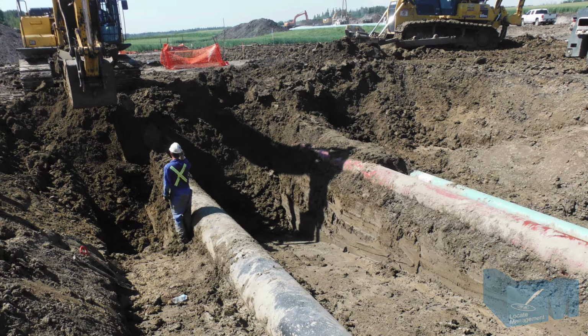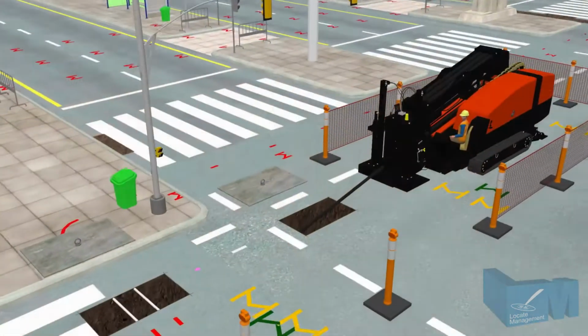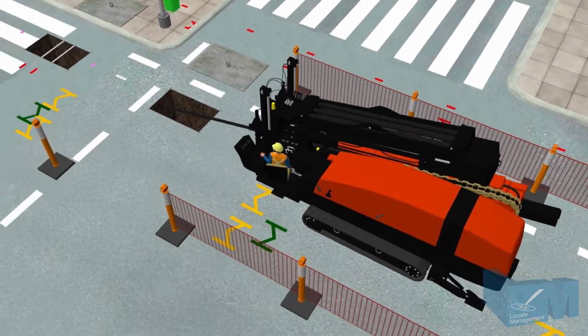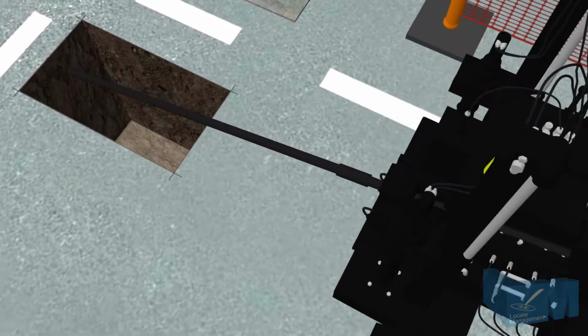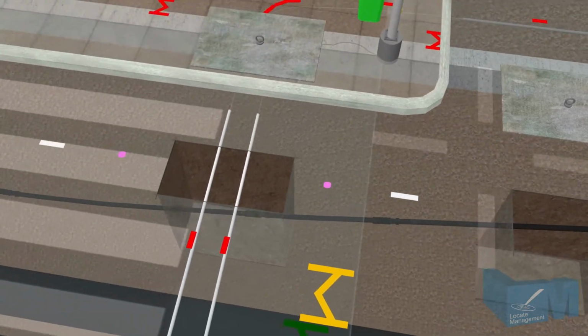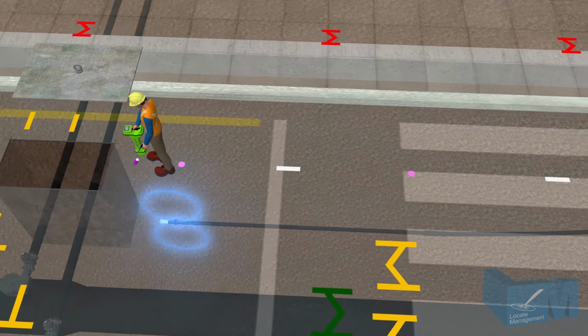Stakeholders including buried facility operators, ground disturbers, and homeowners should always call or click before you dig and follow the proper safe digging process, which includes defining the ground disturbance and adhering to legislation, utilizing a ground disturbance checklist and reviewing relevant documentation, placing a locate request and identifying worksite hazards and controls, ensuring all facilities are located and marked,